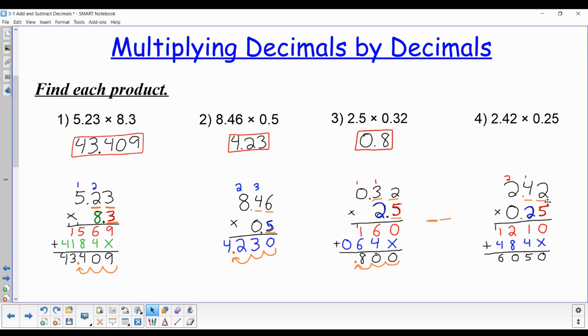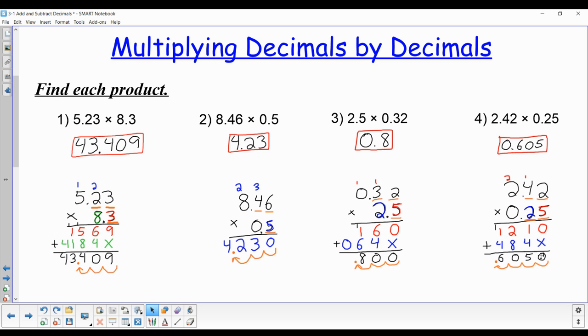There are 1, 2 numbers after the decimal point in 2 and 42 hundredths. And there are 1, 2 numbers after the decimal point in 25 hundredths. That's 4 numbers after the decimal point. So for my answer, I must move the decimal over 4 places, 1, 2, 3, 4, so that there are 4 numbers after the decimal point. Now that I've done that, if I do have extra zeros, I can ignore them, and this answer is 0